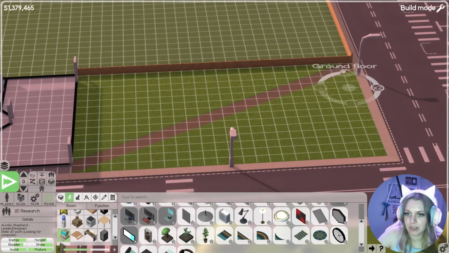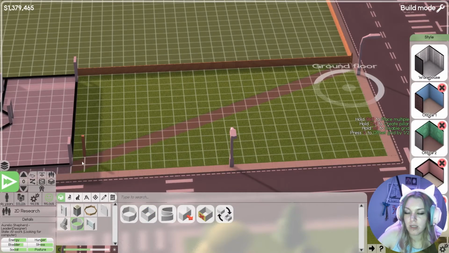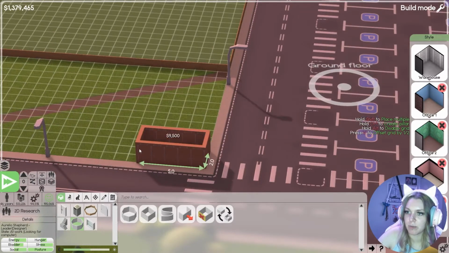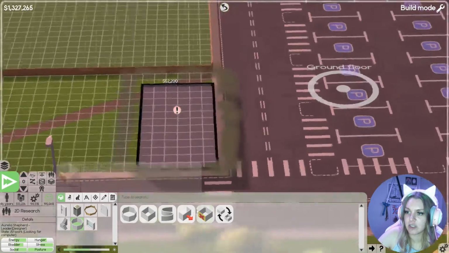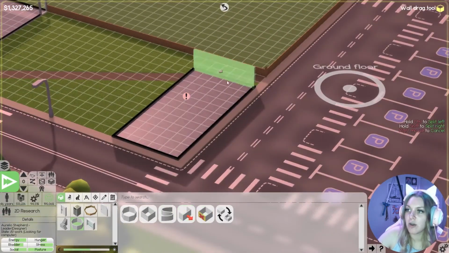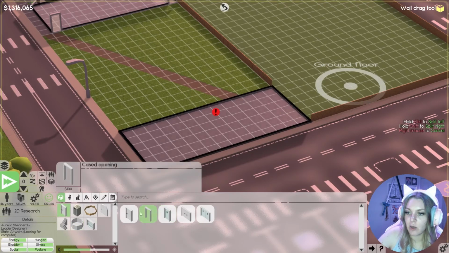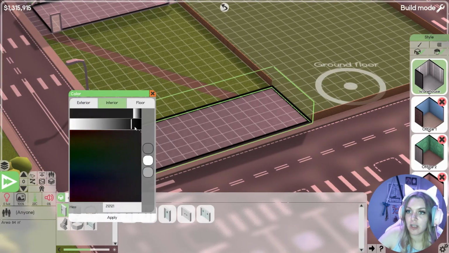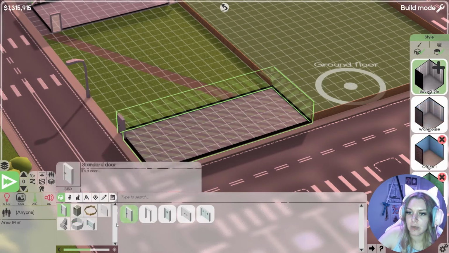Let's go ahead and build ourselves a small little printing while we still have some money before we lose it all. I could buy this parking. I don't know why I bought that other one and not this one, but go ahead, put this here like this. Hopefully that means when they go around this way, they just go over there. I know theoretically we can do a huge printing press, but for now, let's just focus on printing our own stuff.